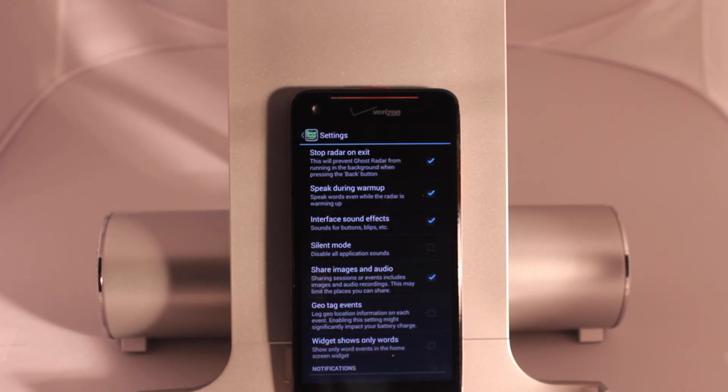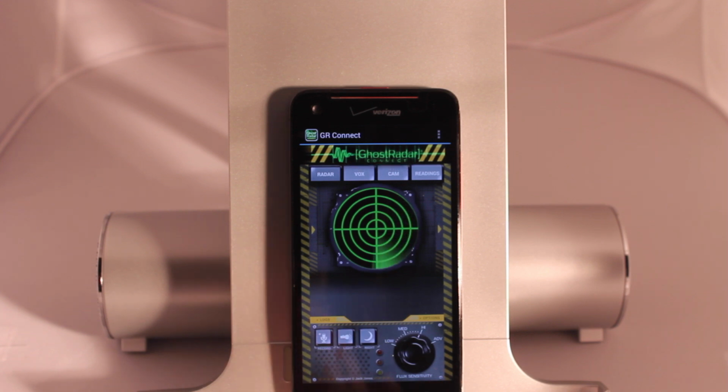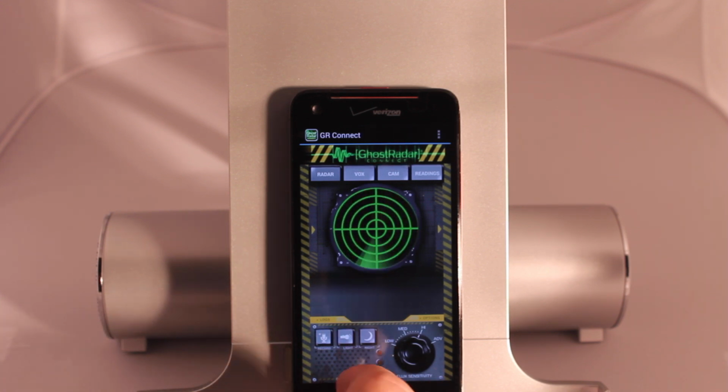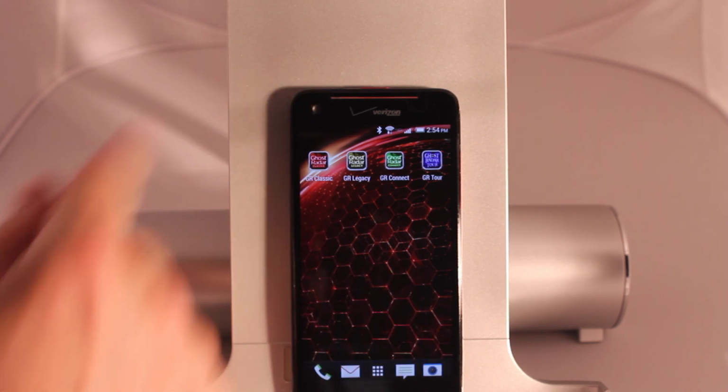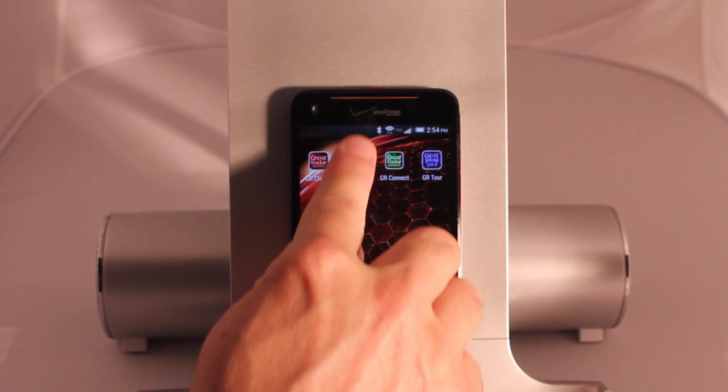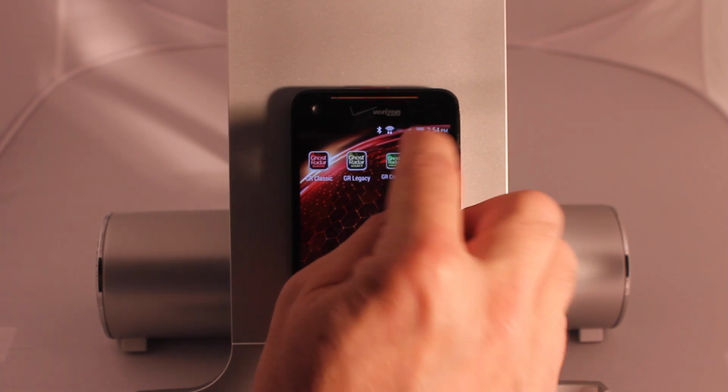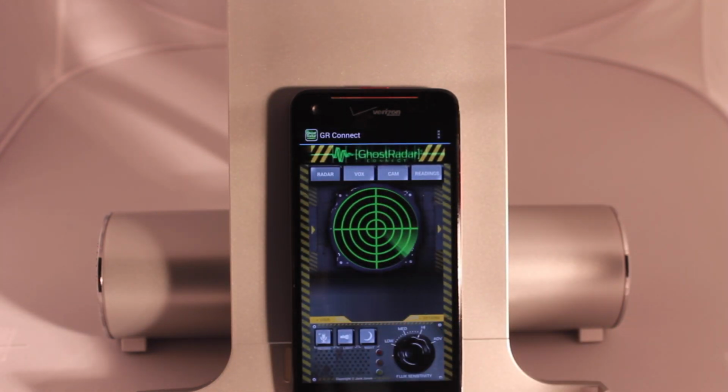Another Android feature is that if something's happening while it's running in the background, you'll get that notification. You can turn off those noises if you want. If we actually exit out and wait for a notification, it would pop up in our notification bar and we can access it like we normally do. So let's go back into the app,